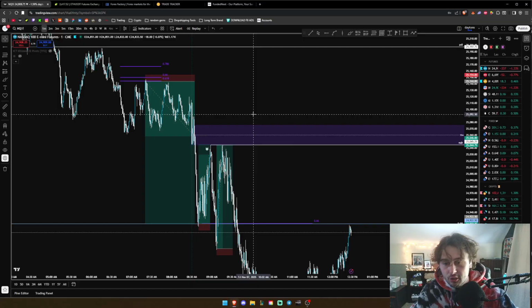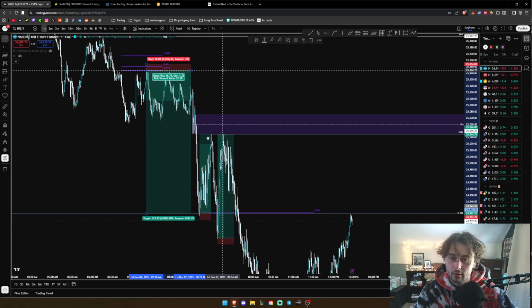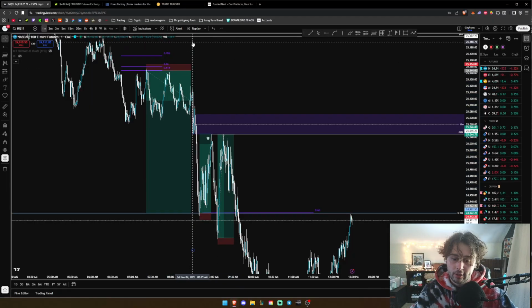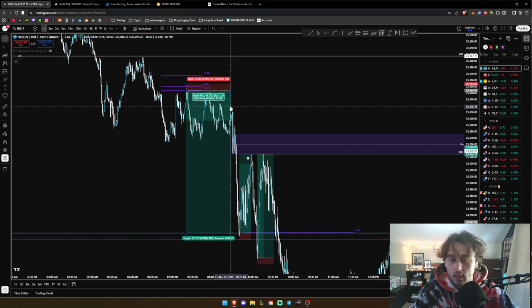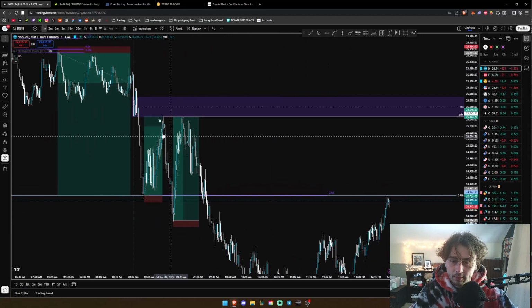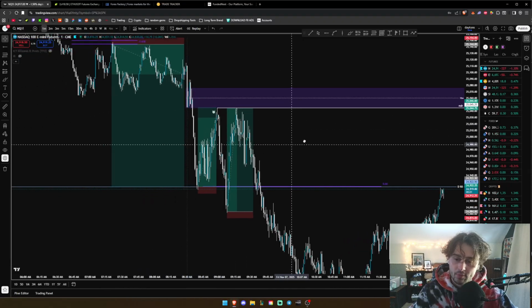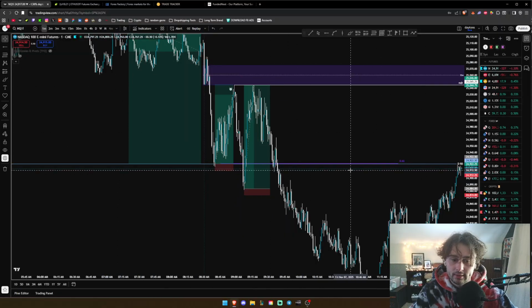Now, trade number two, so that's before market had even opened, right? But let me draw this back. So market opens right here on this vertical line. And so after market opens, we just straight dump, and we have this first presented fair value gap in here. Just take note of that. But we dump straight down, and the first level that we come to is going to be this daily rejection